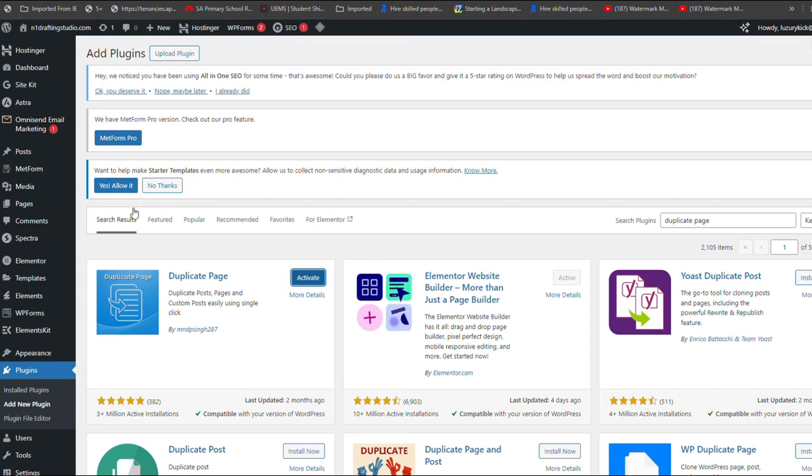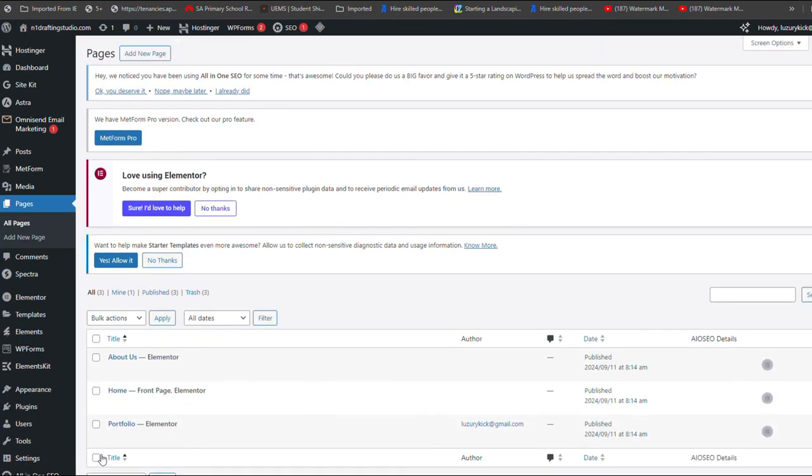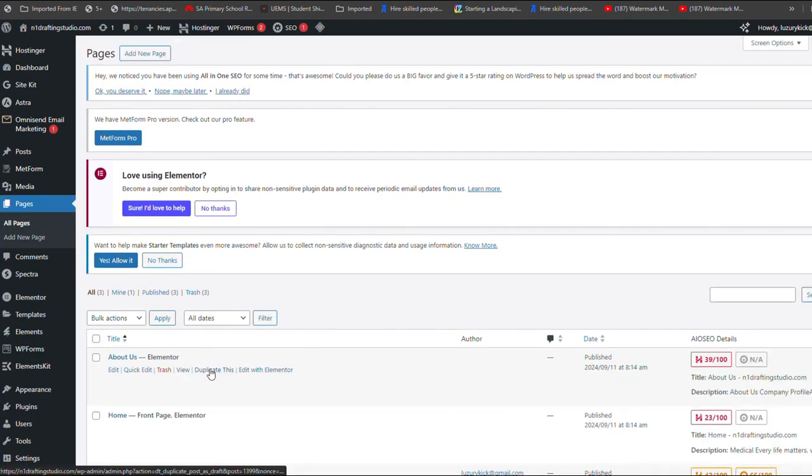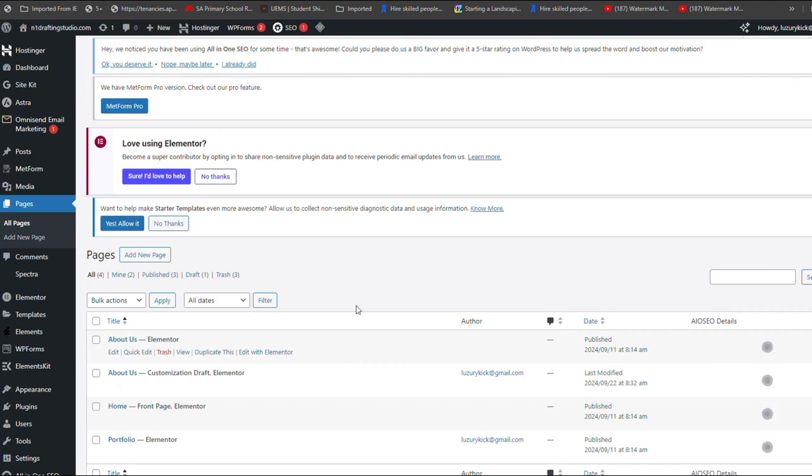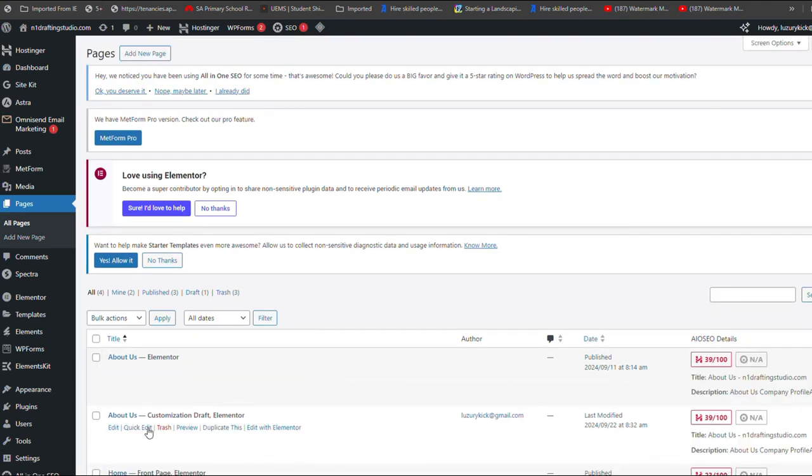Once activated, navigate to Pages and hover over the page you wish to duplicate. You will see a new option labeled Duplicate This. Click on it, and a duplicate of the page will be created as a draft, which you can then edit